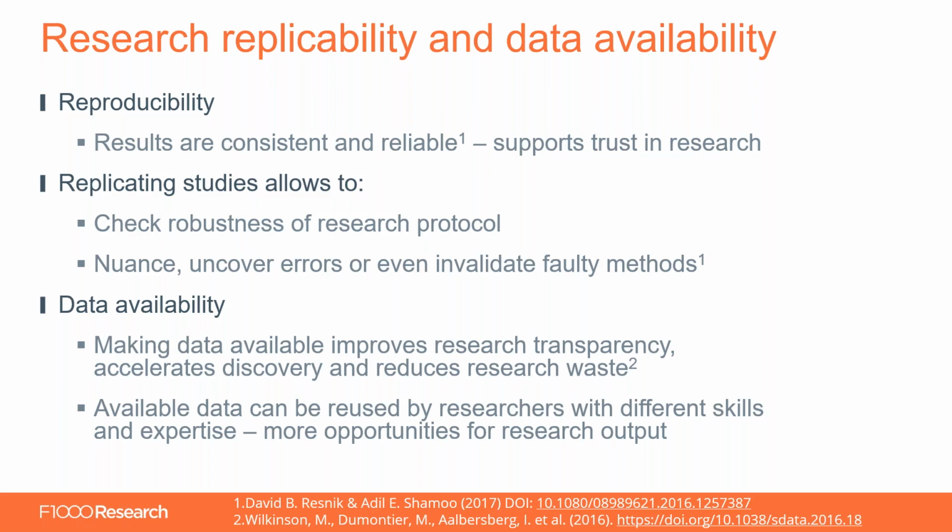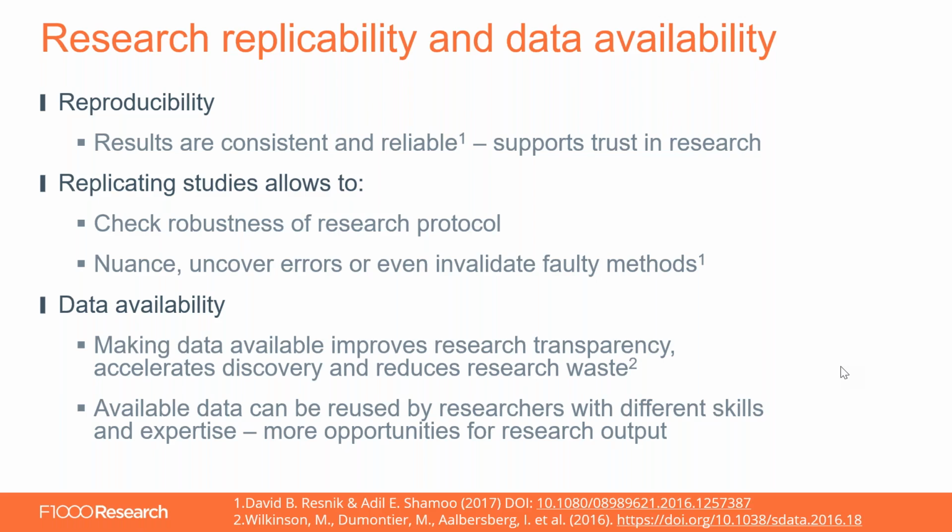Being able to replicate a study shows that the study and the methods are robust, that the protocol works essentially, but also the opposite. So it can highlight faults and allow us to rework or invalidate studies that aren't reliable before